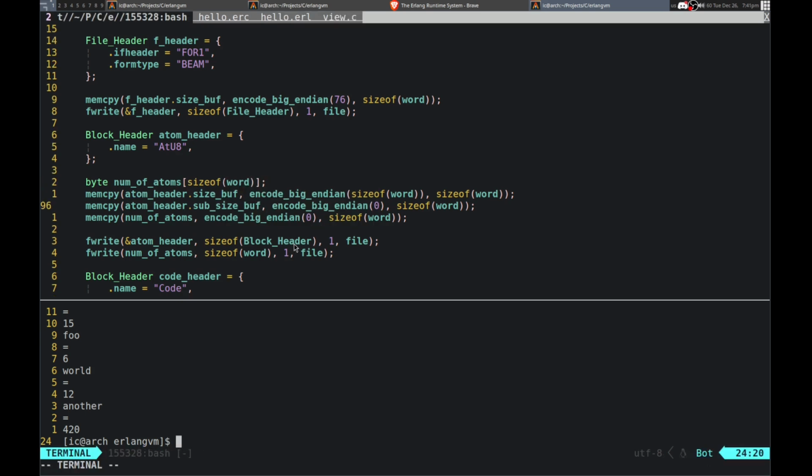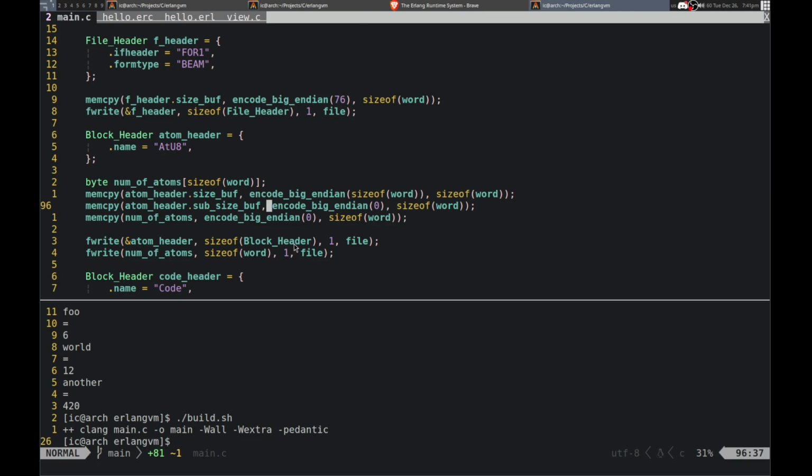Okay. And let me do that. But then I need to change the size. So the sub size, I encode that as the size. So we have this. It's gonna be 4. So it's gonna be 8 actually. So times 2. This will be size of word. Shoot. Word. Yeah. And then I can do that.